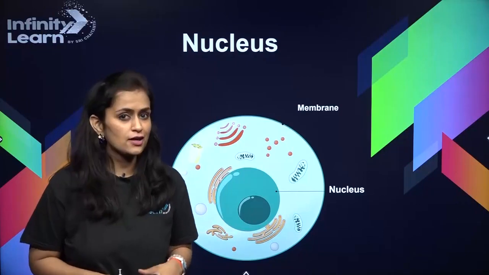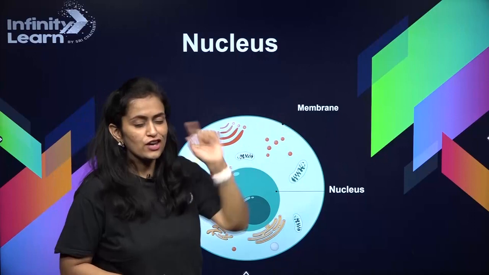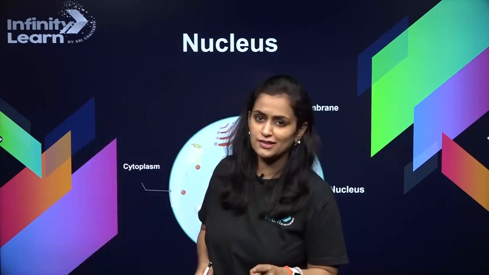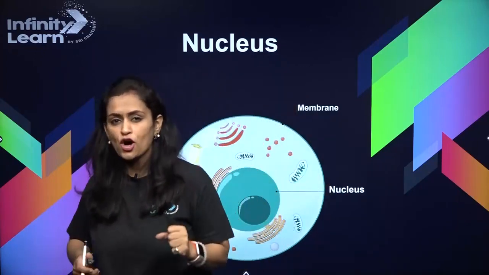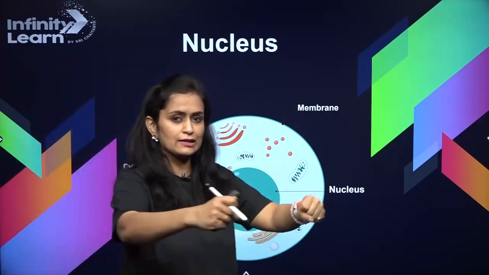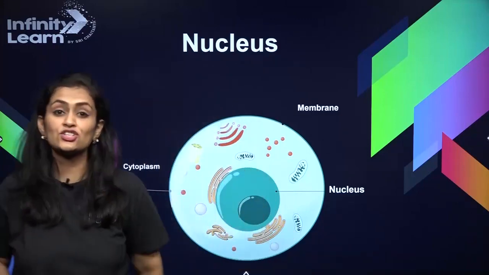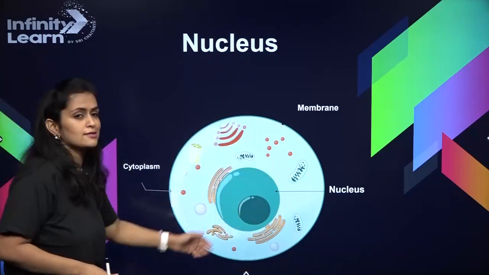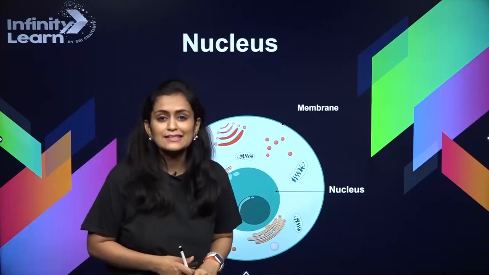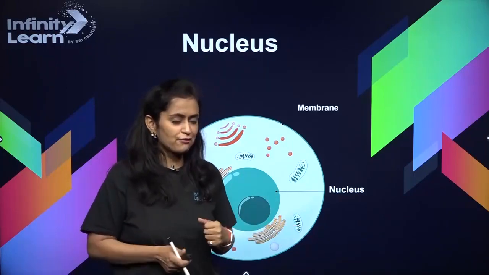Today we are talking about the nucleus. Yes, we are talking about the boss of the cell, right? So what does a boss do? It takes the control of everything that is happening in its organization. So the cell is that organization and the nucleus is its boss. So let's discuss how this boss is working after all and what does it have.